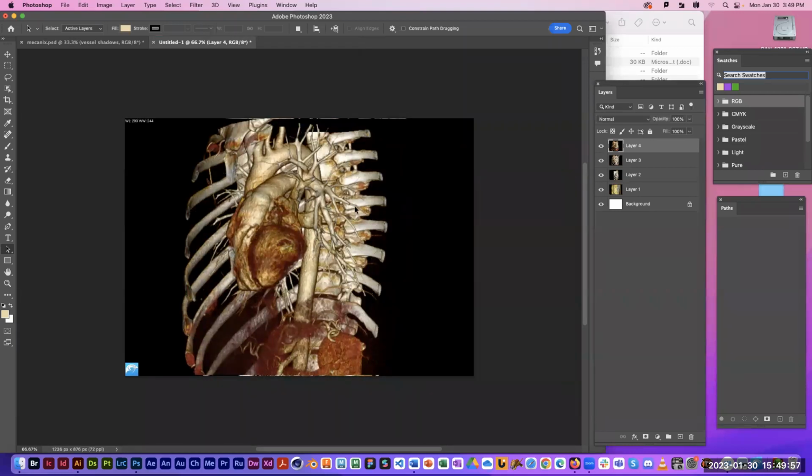Before I do anything else, before I start drawing anything in Photoshop, I have to realize that I don't know how big all of those JPEGs are that I exported out of Horos. My guess is that they are the wrong size and the wrong resolution compared to what I want for the finished product for this assignment. So